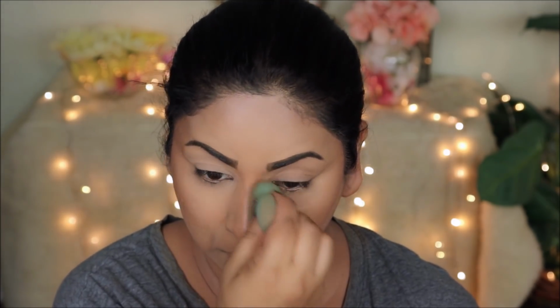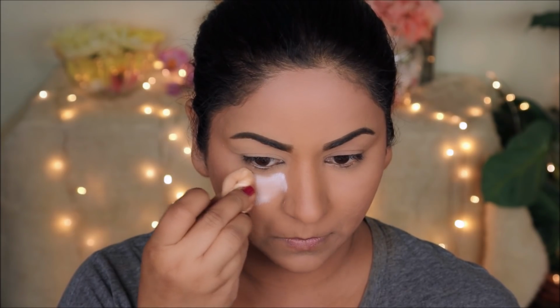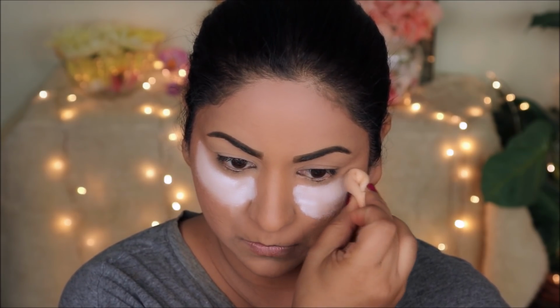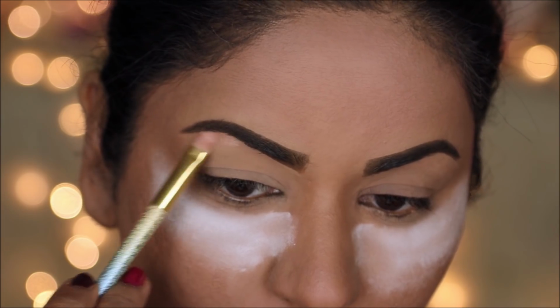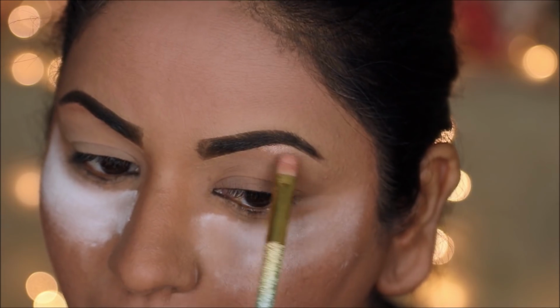And then I'm going to be applying some NYC loose powder underneath my eyes before I start my eye makeup so that it can catch all the fallout without spoiling my base makeup, and then I can easily dust it off later. First, using the JCat Baked Highlighter in Twilight, I'm going to highlight my brow bones